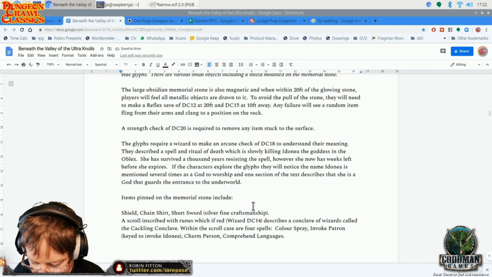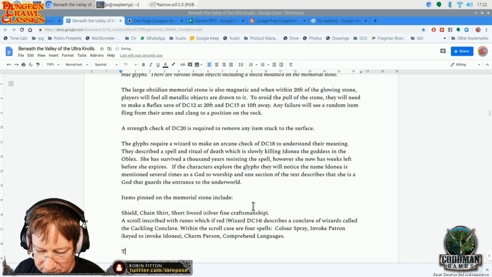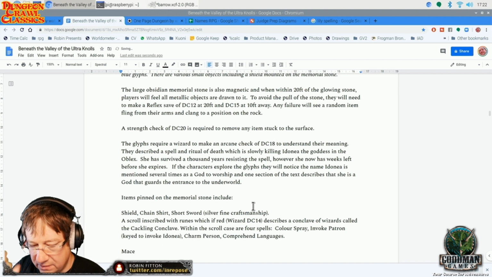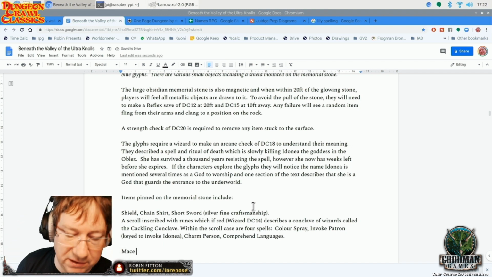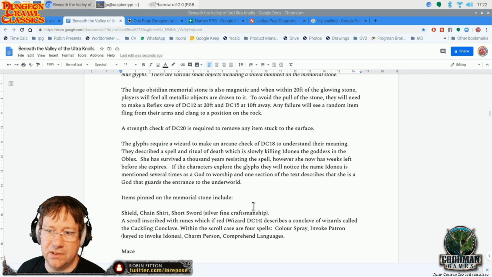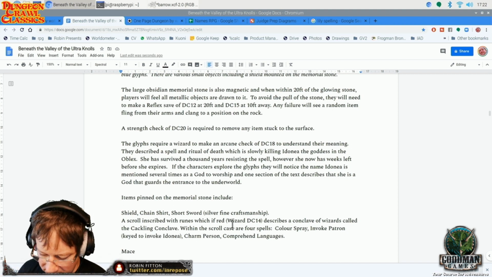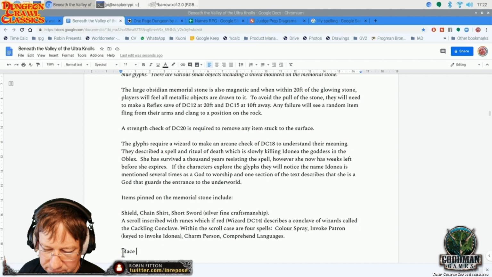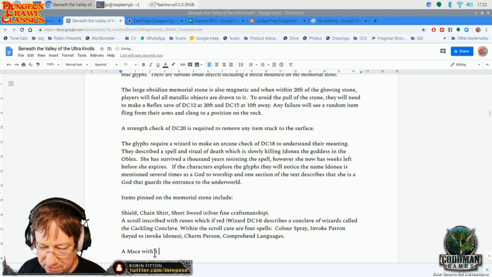So, the mace. We know it's dodgy against dragons. I know that to start with I wanted to make it bone-like, but I think maybe a bone mace that has a silvered handle, like a wire wrapping around the handle, which is what's drawn it magnetically onto this stone, memorial stone. So I'm going to say a mace with a bone shaft and head,